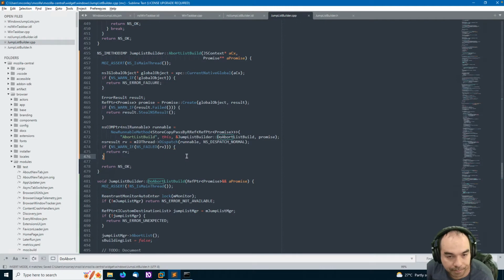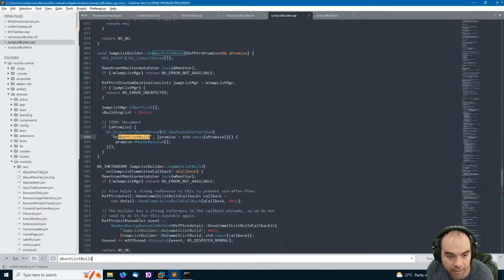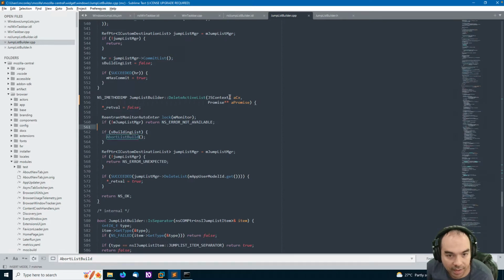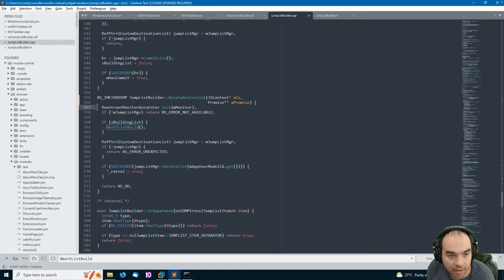Okay. Abort list build from delete active list. So we have our promise. We're not going to be doing anything with the return value there.